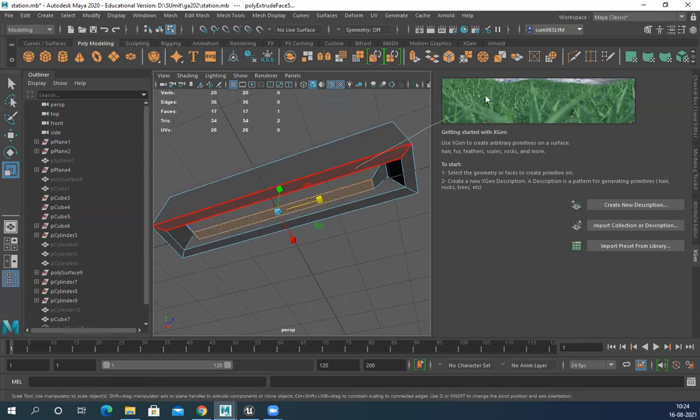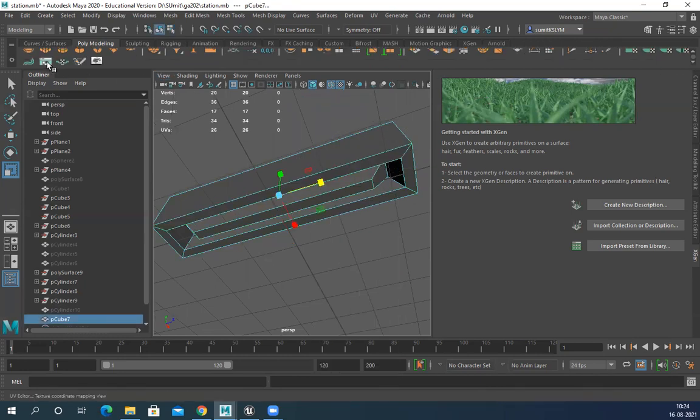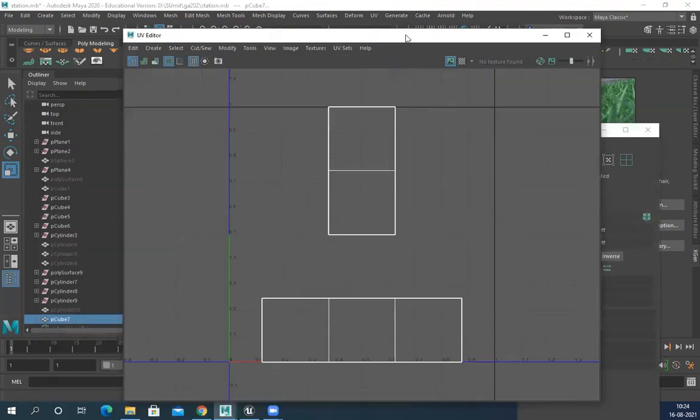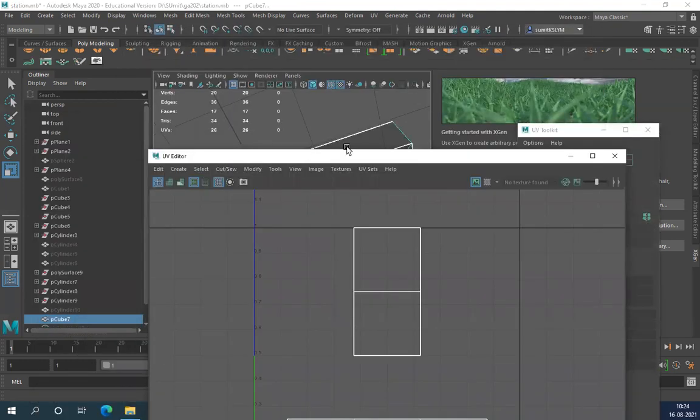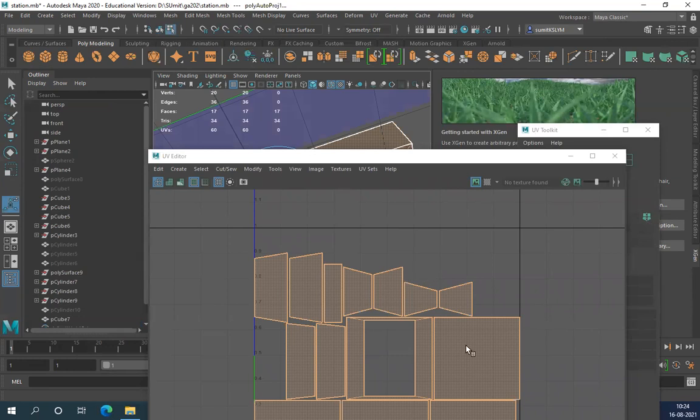So my basic model is ready, and let's go to UV. Just simply select this and automatic.